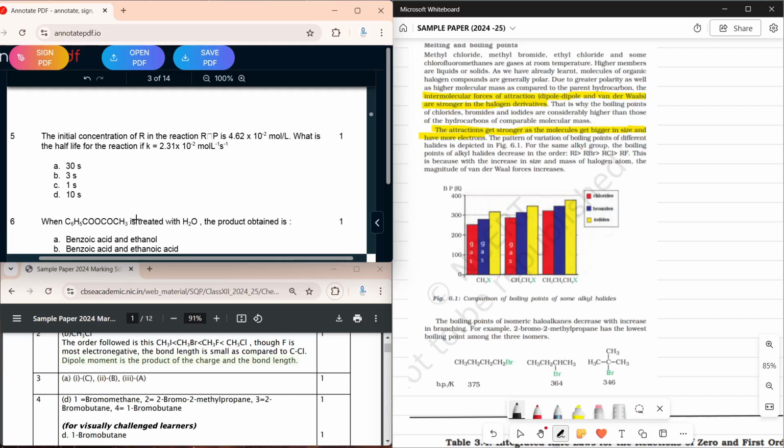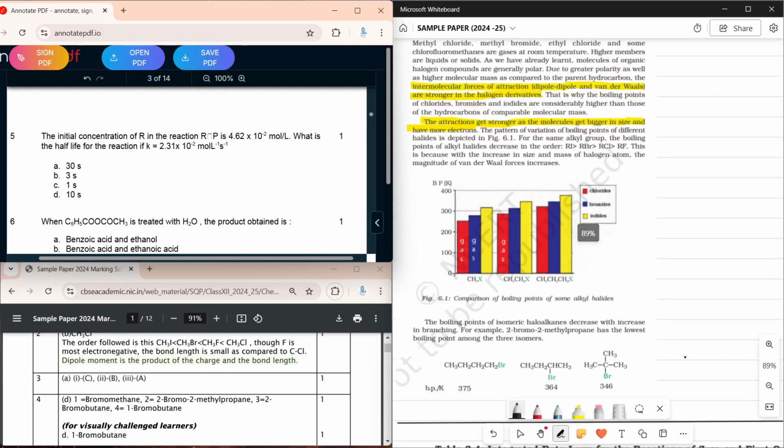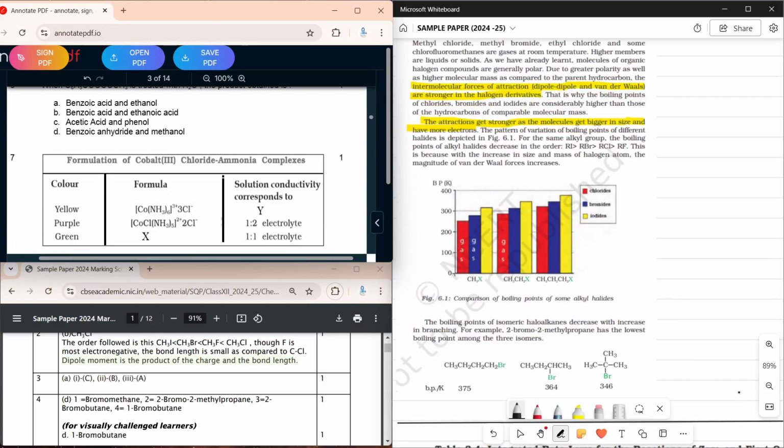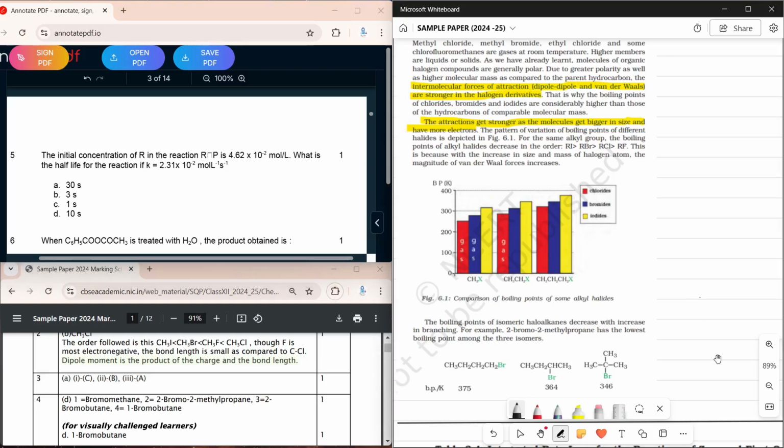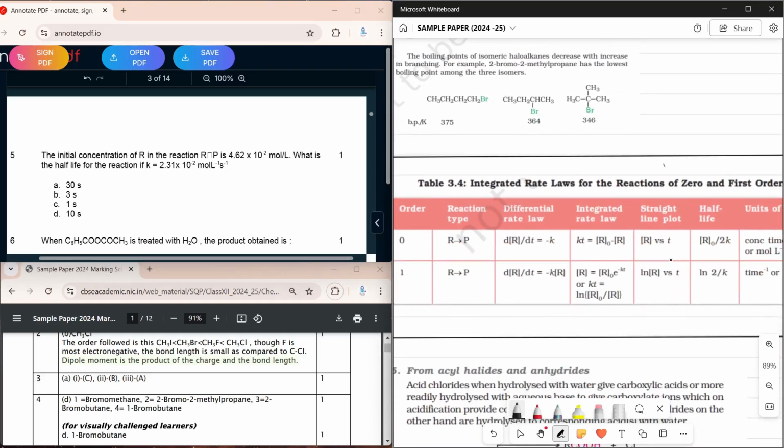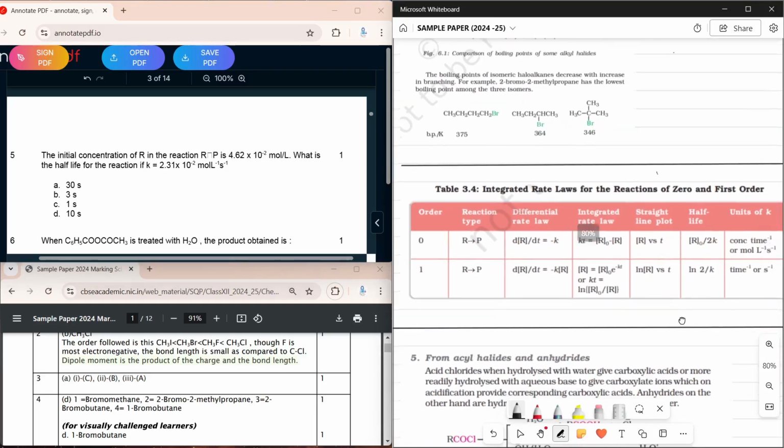Now the next question over here is question number 5. The initial concentration of R in the reaction R to P is 4.62 x 10^-2 moles per liter. What is the half-life for the reaction? K, and they've given us the value of K. Now basically this is from the chapter Chemical Kinetics. Now the thing you need to know, I keep making this mistake, the thing you need to know is the value of